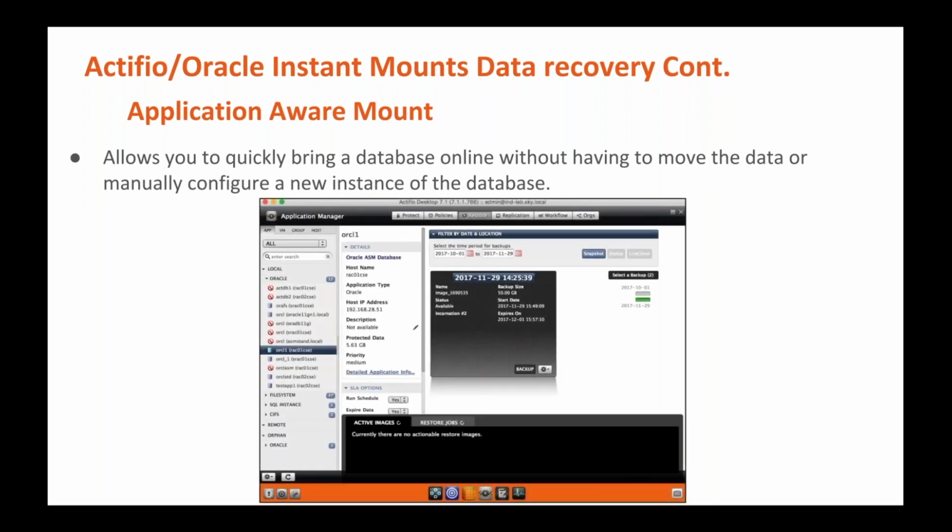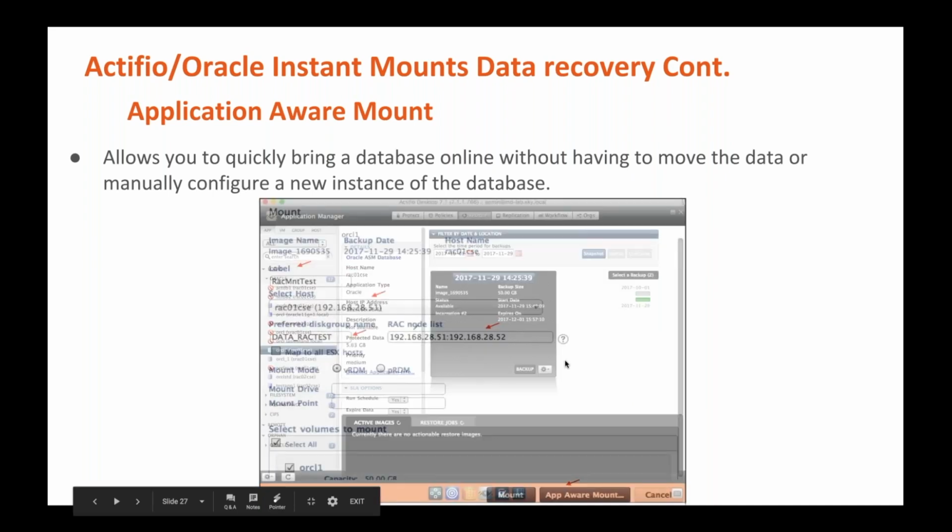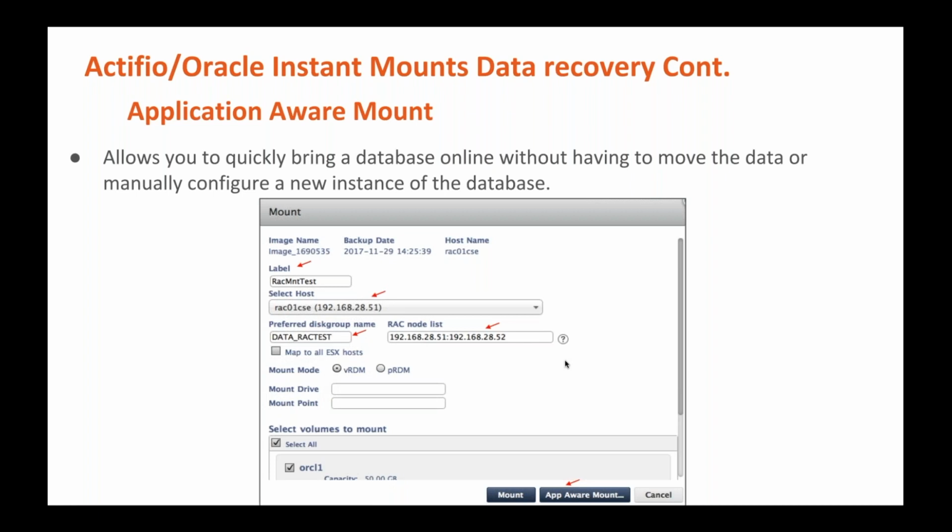Let us see how it works. This is an Actifio screen, and imagine that you are selecting this image and running a mount. A mount screen appears, and you enter some values here. For example, if it is an ASM environment, you can give a data ASM disk group name if you want to specify it, or else you can ignore it and we create a default ASM disk group name. You can enter a couple of values here, which I'm highlighting, and instead of mount, you press Appaware mount,